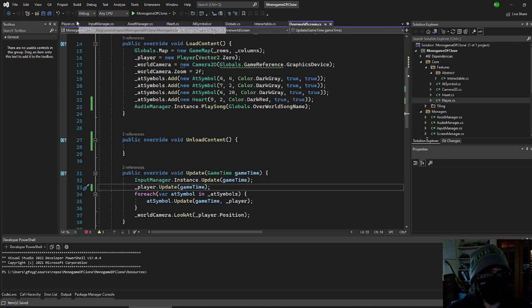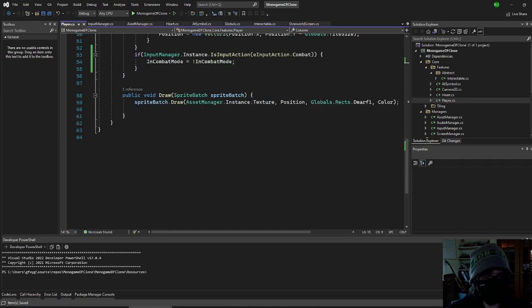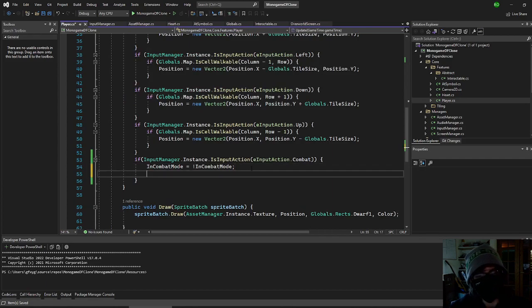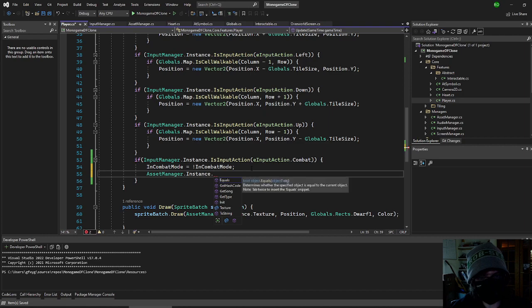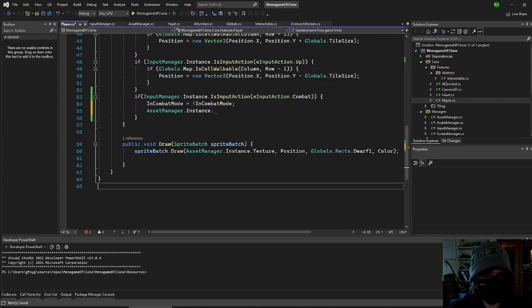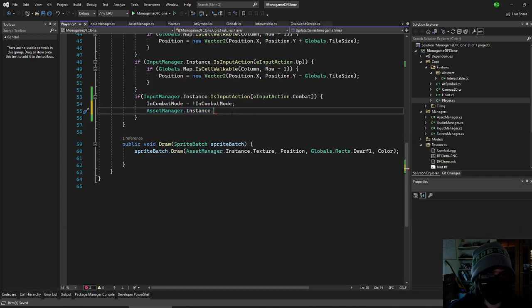Yeah, I really don't want to have this in here, but I don't like this. We might have to just make it dirty and find a way to do it. No, we want... Whoa. We want... fudge, what am I thinking of? Yeah, audio manager dot instance dot